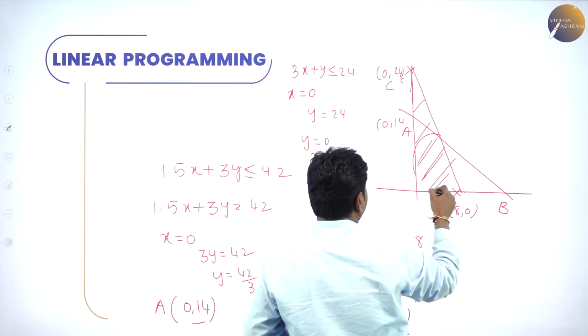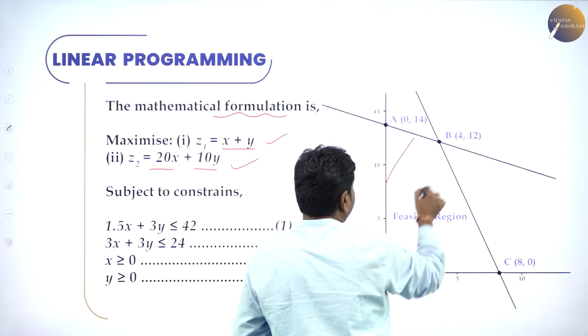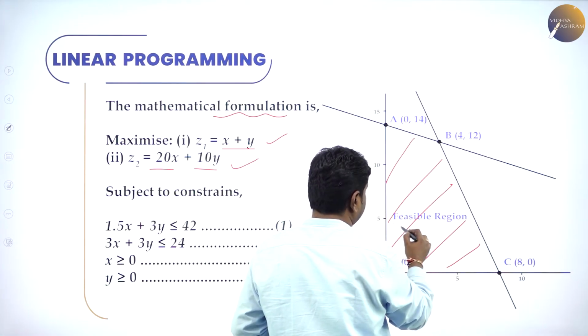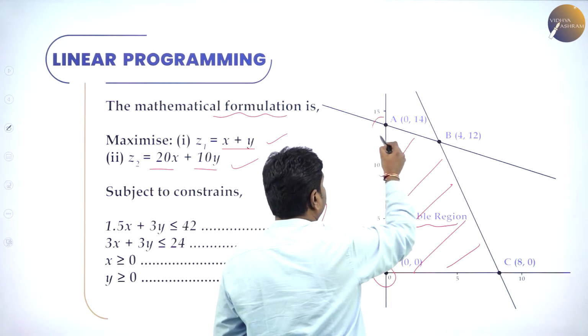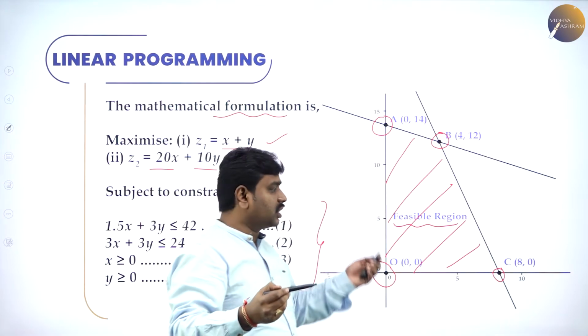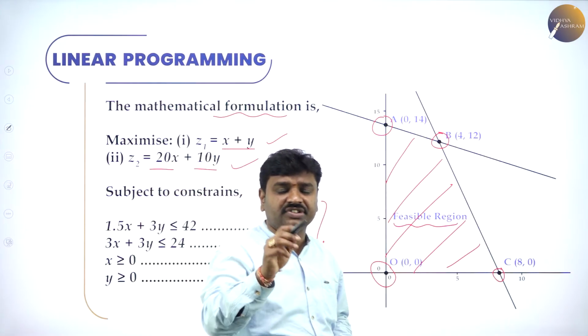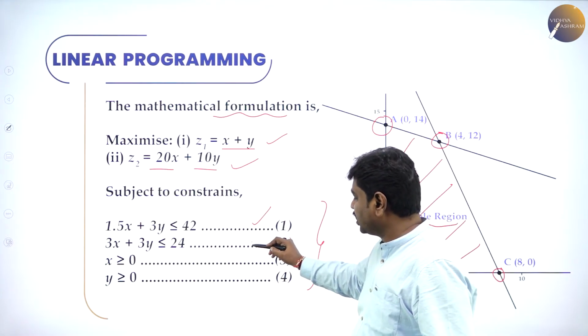Both will intermix in this region. See, both the lines will mix up here. This is the feasible region, and the vertices of the feasible region we call corner points O, A, B, C. I'm not showing more interest in drawing the graph because we have discussed graphing in the first 3 sessions only. So same technique. Draw this graph, shade it, draw this graph, shade it.